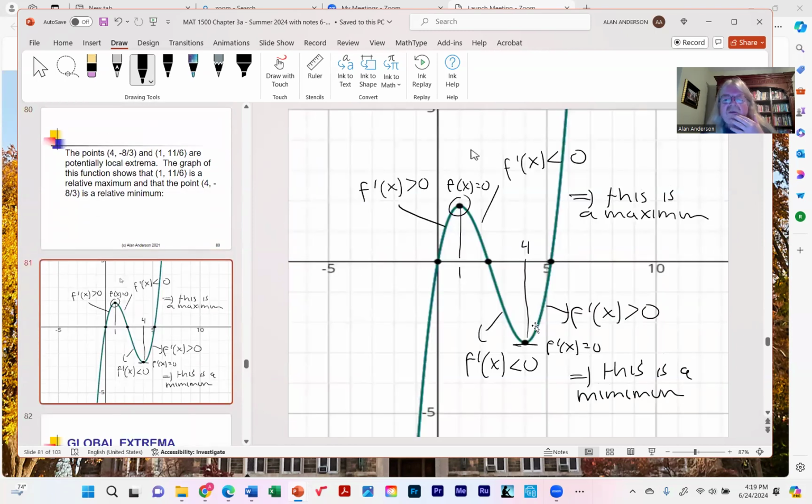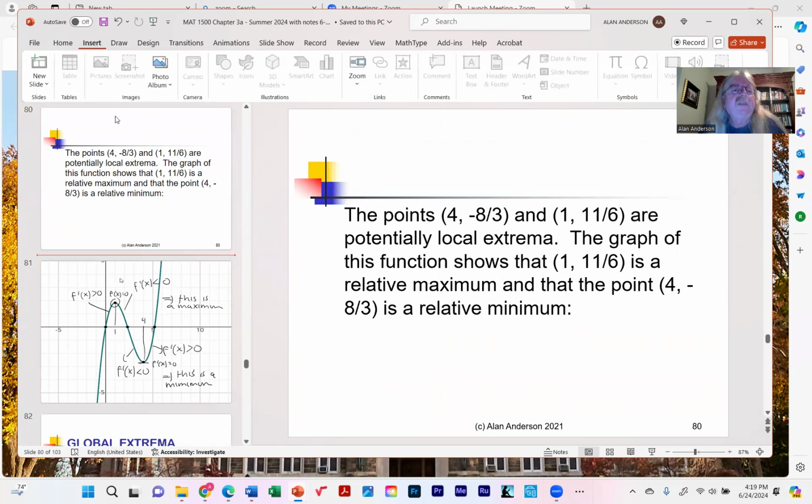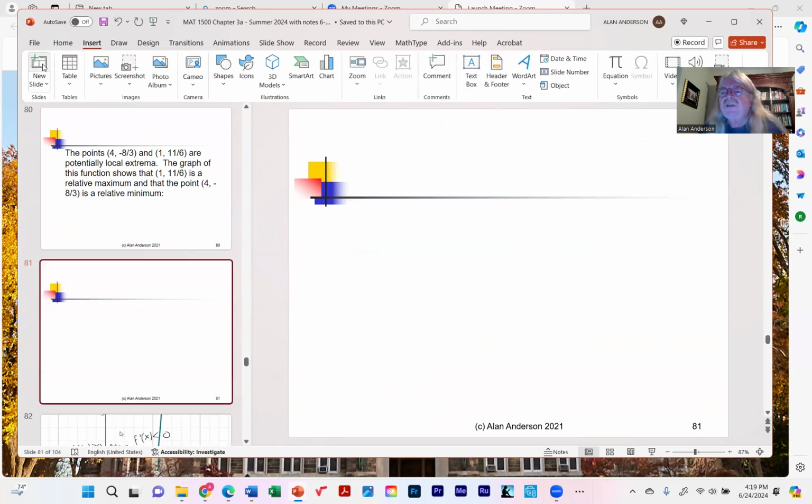So here's the thing we have to think. What is going on with the second derivative? All right, well, let me draw a little sketch here. Keep in mind, the second derivative tells us how quickly or in what direction the first derivative is changing. In other words, the second derivative is the rate of change of the first derivative with respect to changes in x. So for something like this,